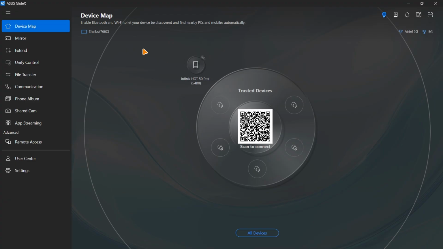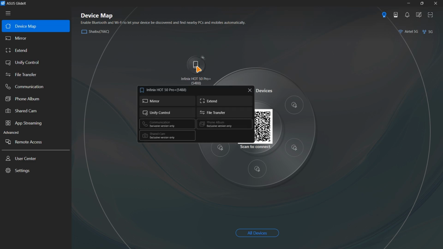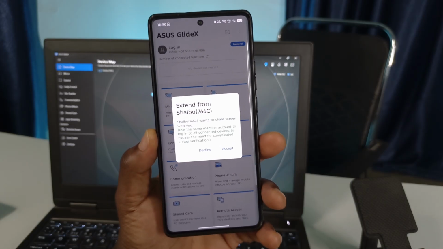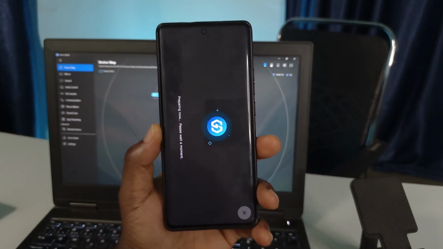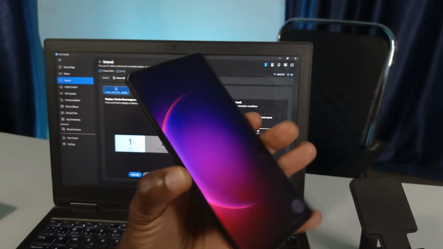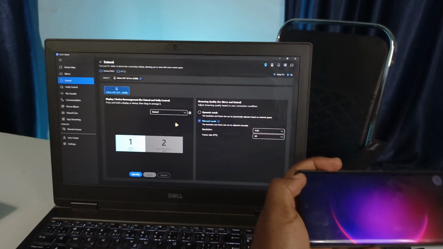As long as your devices are on the same Wi-Fi network, like your PC and your Android device are on the same Wi-Fi network, then it's going to list it over here, as long as the app is opened on both devices. So what you want to do now is click on this one, click on your device, and then click extend. Okay, so on the phone you will get this request. All you need to do is tap accept,